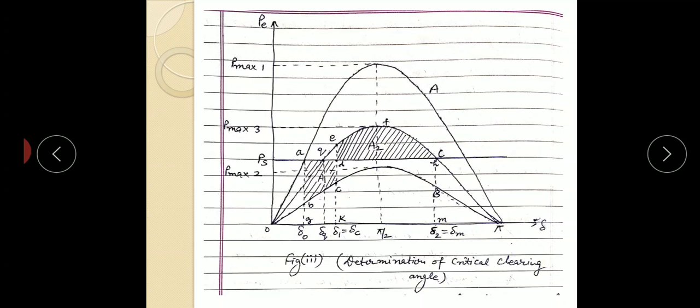Thus, the more rapidly the fault is cleared, the smaller will be the accelerating area and the greater the chance of stable operation being restored. So, as we know the stability condition, the smaller will be the accelerating area. So here A1 should be smaller. So now apply the equal area criteria here.